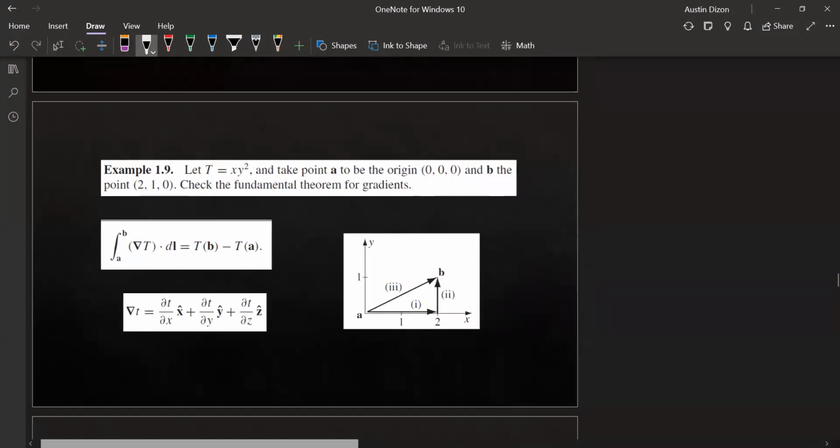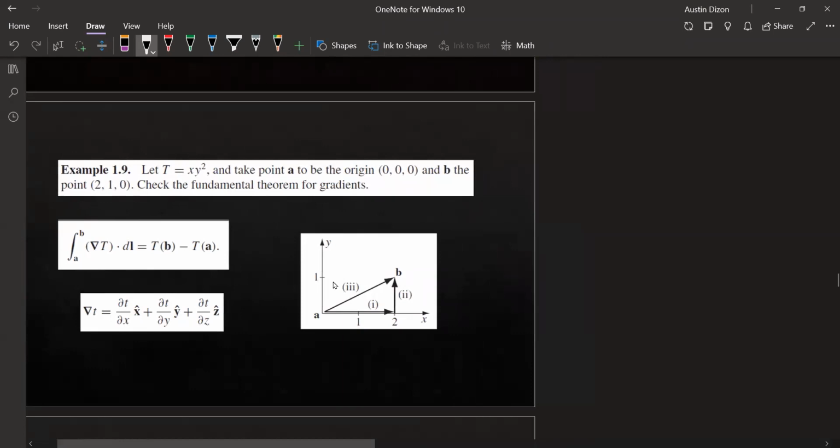Okay? So sabi nung tanong, take point A to be the origin. Then B sa point X, Y, Z. X sa 2, Y sa 1, and Z, 0. So, 2D lang tayo. Alright? Gawin natin yung